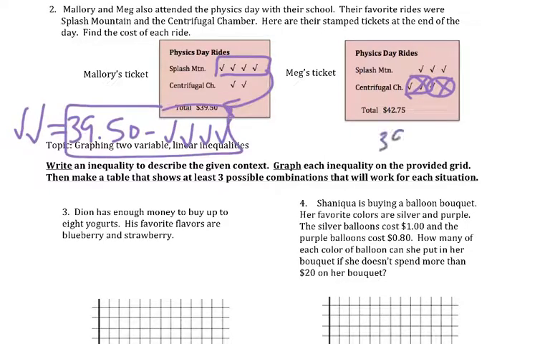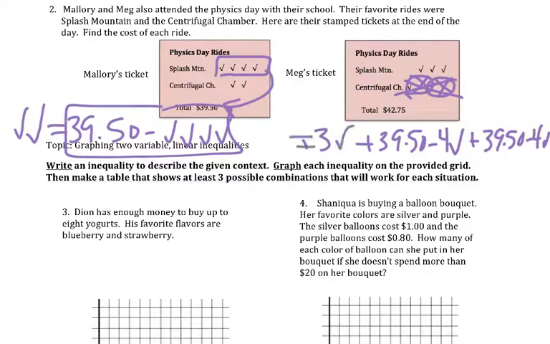So I'd end up with 39.50 minus the 4, and we'll just abbreviate, for Splash Mountains, right? Plus the 39.50 minus another 4. And that represents all those. Plus we have the 3 Splash Mountain tickets,